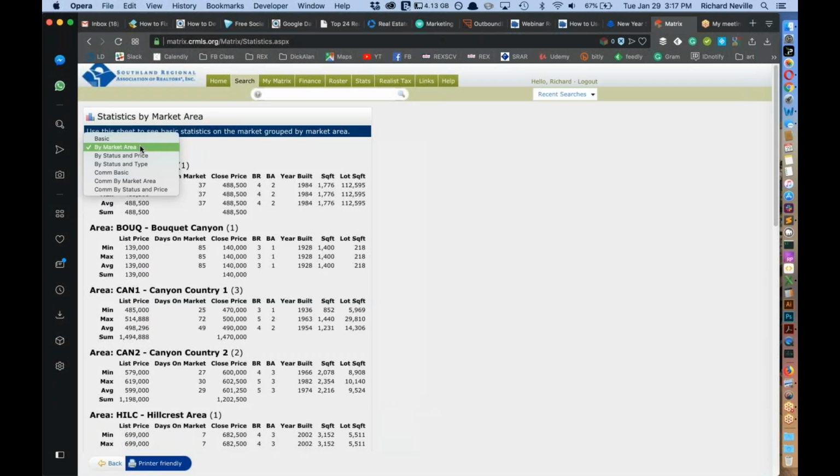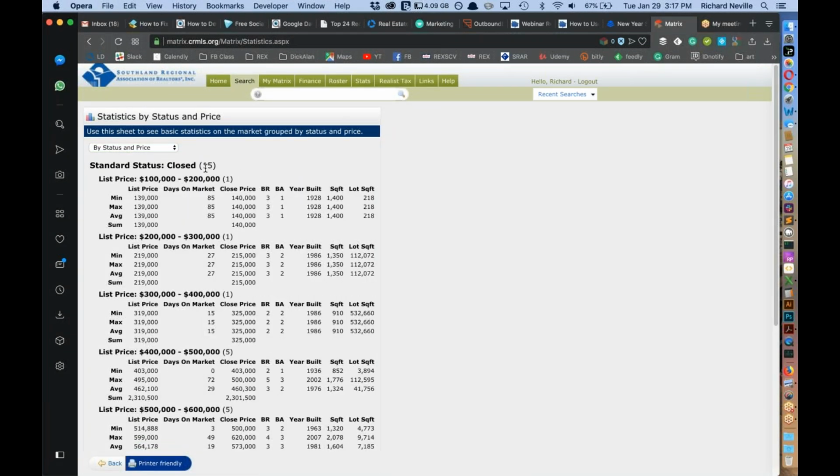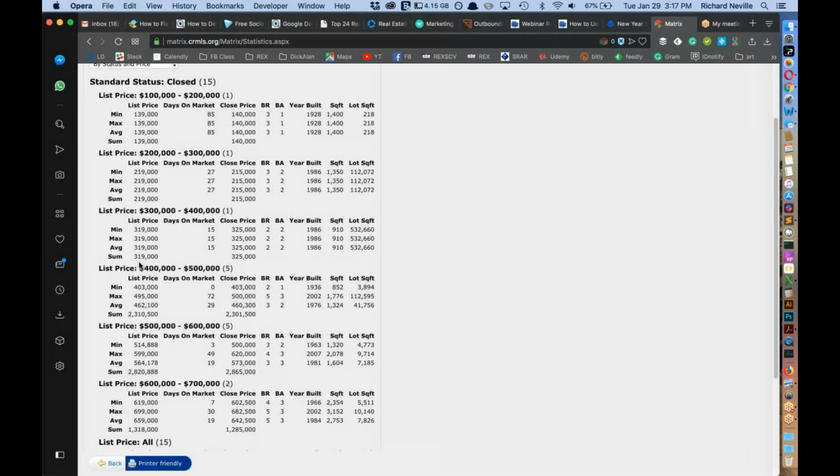The other options are status and list price. They're all closed, so that status isn't going to change, but list price gives you the price breakdowns in $100,000 increments. So there was one between 100 and 200,000, and then it goes up to 400 or 500, and they give you those breakdowns based on averages, assuming you have more than one in there. Okay, so we can see our average list, average close,